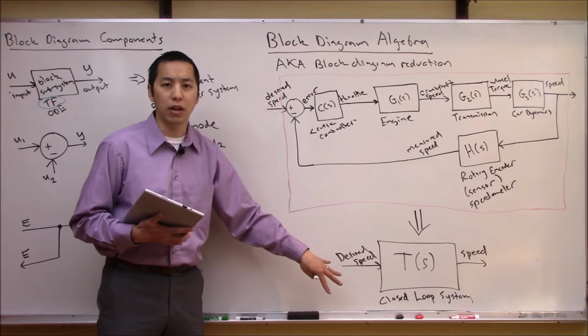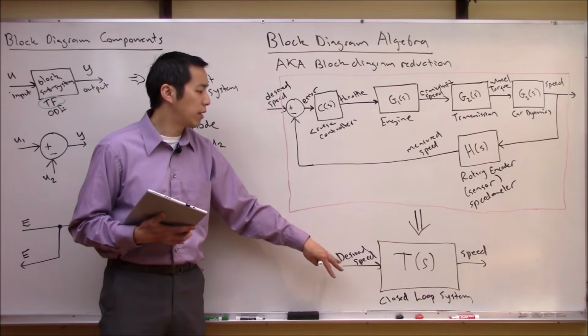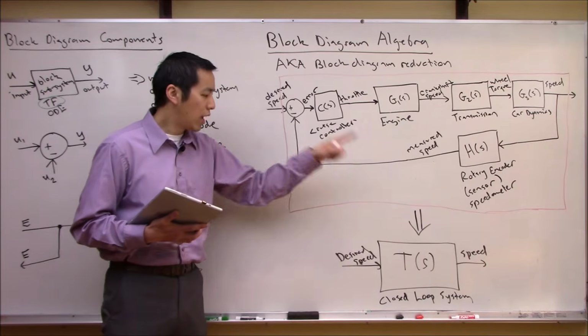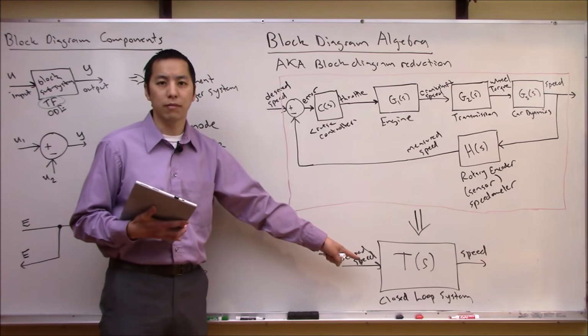That's the concept of block diagram algebra here, and that's what I want to talk about now: how can we take something that's complicated like this with many, many blocks and compress it down to a single block, okay? All right,